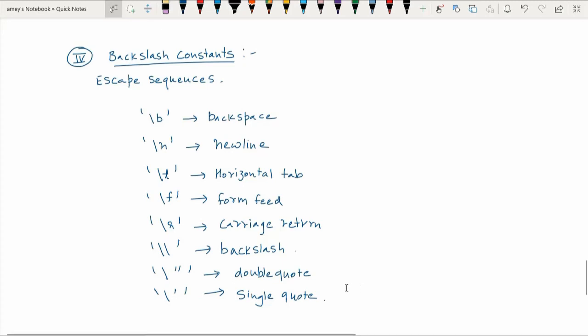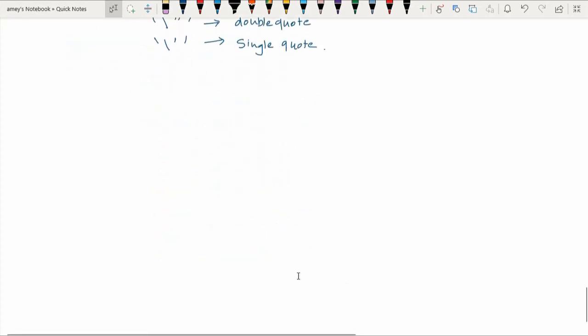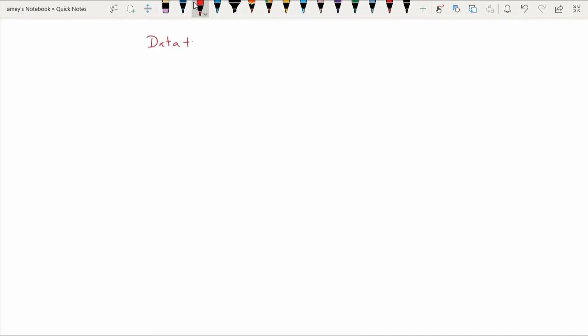Now we shall go to the next concept, data types in Java. Let us see the broad categorization.